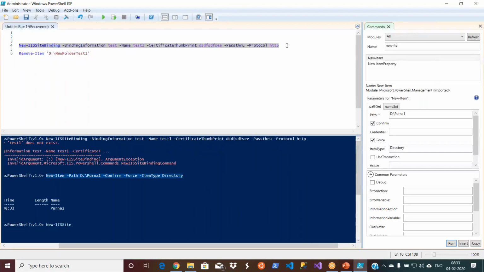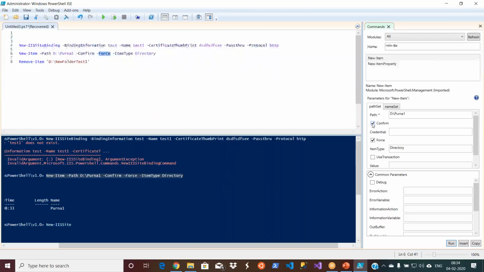Control C. So the path and the actual path, and earlier I was using only item type and directory, and from here I also came to know there is a switch called confirm and force as well, because I used it from here. So this is how you can easily learn PowerShell commands.